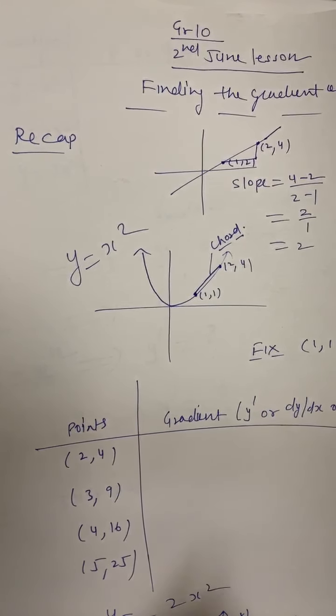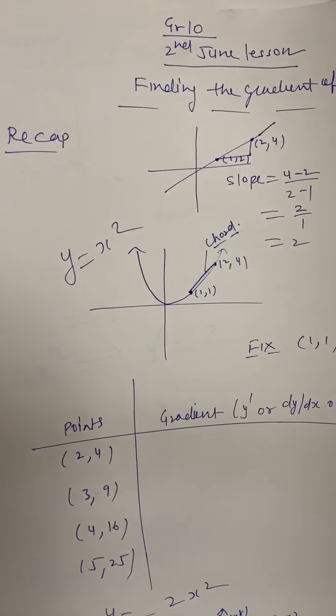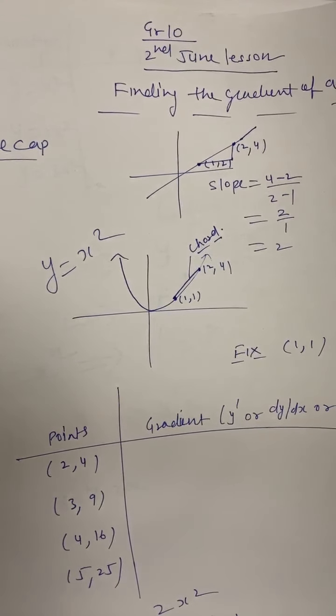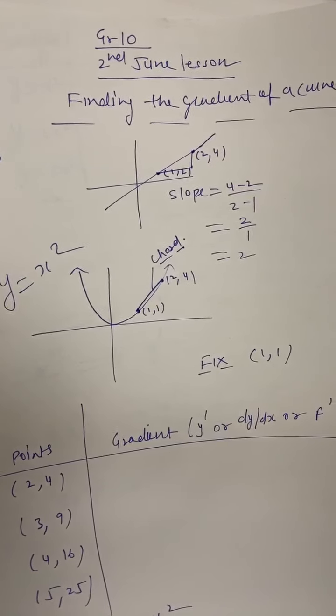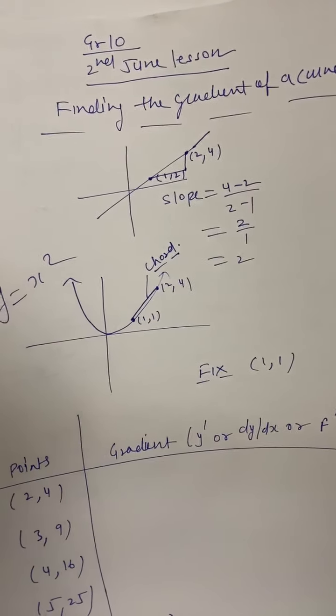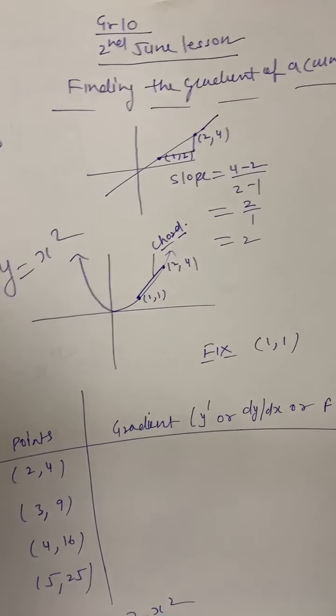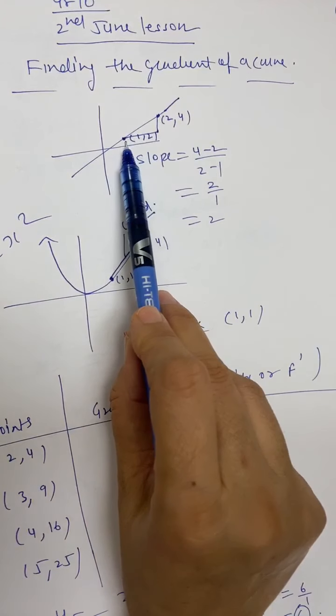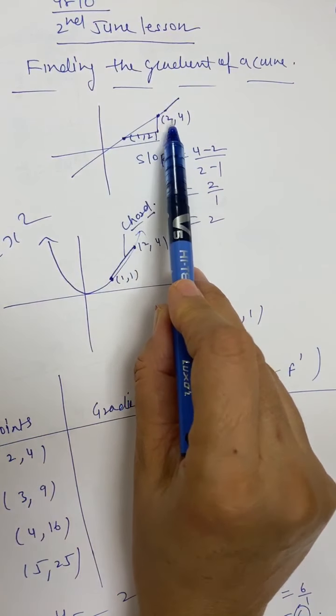So in today's lesson, we are going to start with a quick recap again of what we covered in the previous two lessons. This is again talking about finding the gradient of a curve. The quick recap is, you know how to find the gradient of a line. So if you have this line with 2 points, (1, 2) and (2, 4), either you can